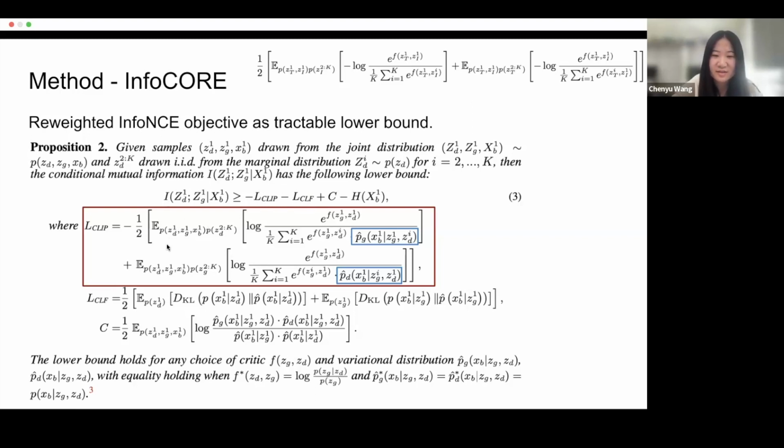We can see that it is very similar to the clip loss as shown in the top right corner. The only difference is that it has these two posterior batch distributions as the reweighting factor framed in blue color. And this posterior batch distribution is the batch distribution conditioned on both the anchor's latent and the negatives' latent. So intuitively speaking, this reweighting factor is adjusting this influence AE loss, and it is giving the